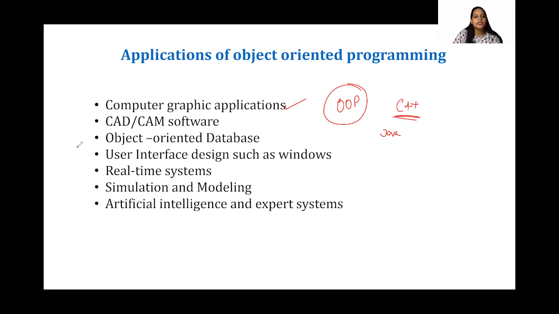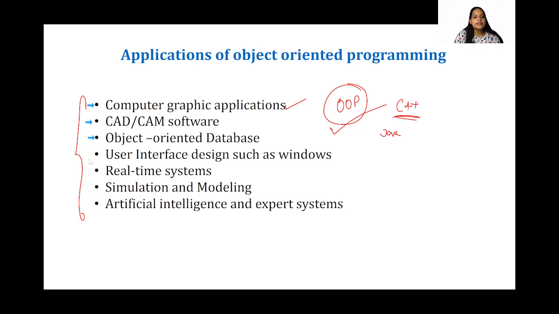So these applications apply to all of them, mainly whichever follows the object-oriented programming concept. We use it in computer graphics applications, and in CAD CAM software also. Object-oriented databases also use the object-oriented programming concept.